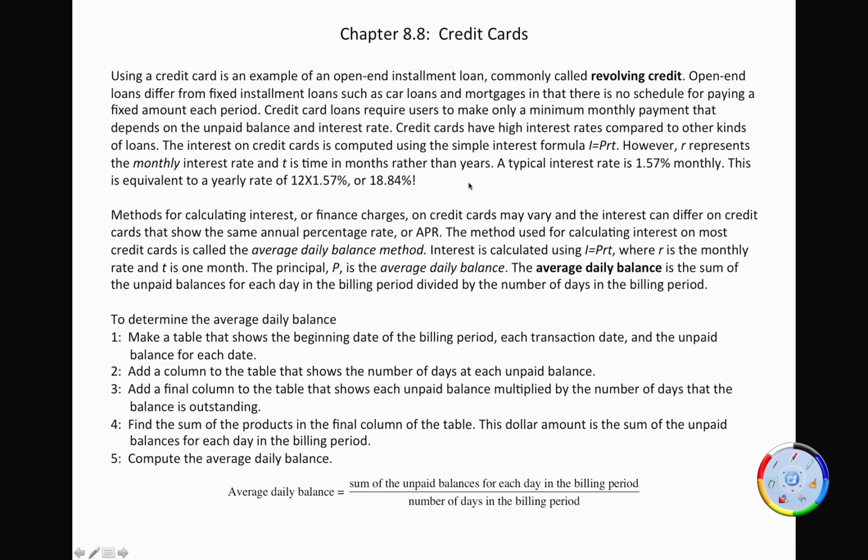The interest on credit cards is computed using the simple interest formula, I equals PRT. However, R represents the monthly interest rate and T is time in months rather than years. A typical interest rate is 1.57% monthly. This is equivalent to an annual rate of 12 times that, or 18.84%. In 2012, the average credit card debt per U.S. household was